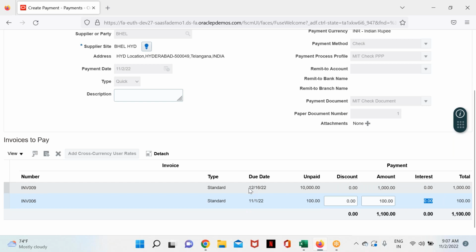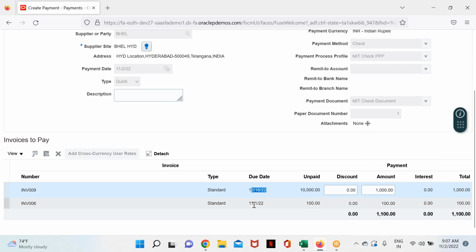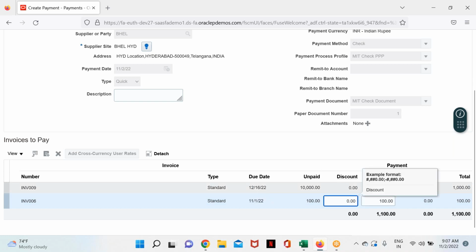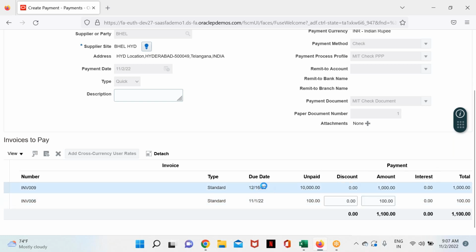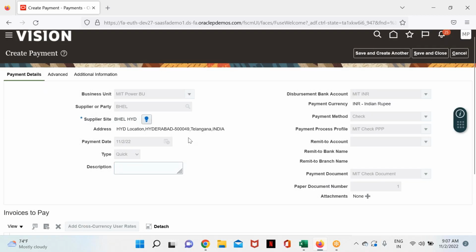Okay, one thing here, if you observe, due date is December 16th for this invoice. For this invoice, due date is November 1st, right? How come this invoice got selected? This invoice got selected even though those are not due, right? This is the payment method. What we are doing right now is